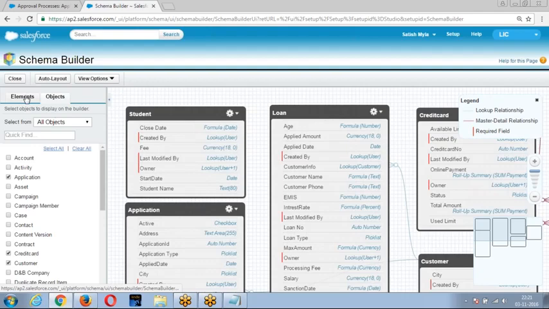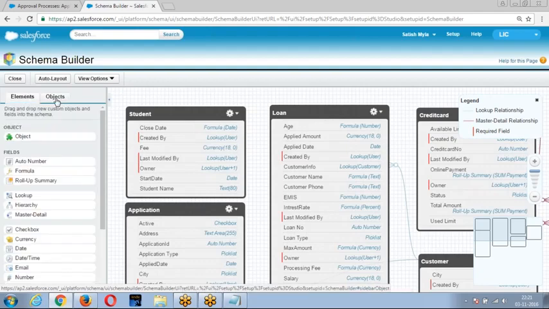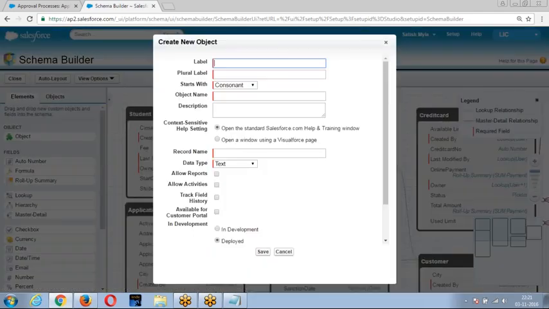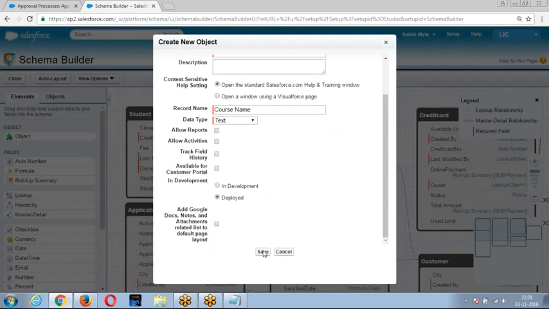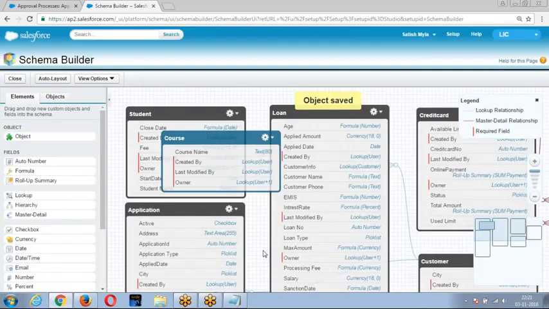Now elements, object. Course object, course name, text. We created an object called course.